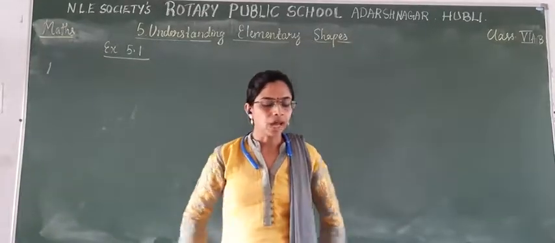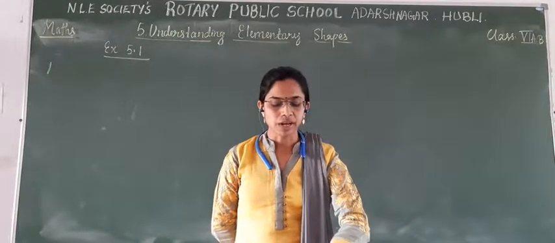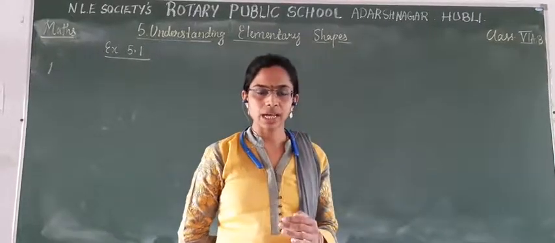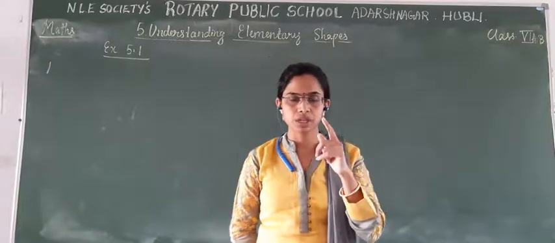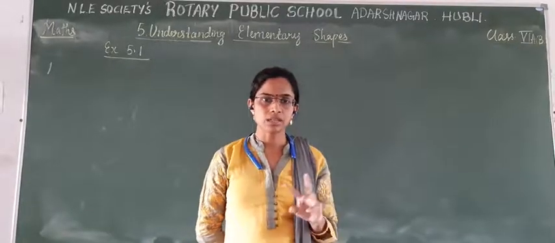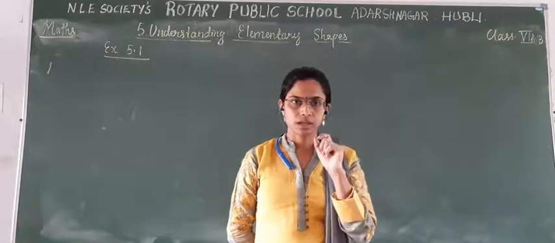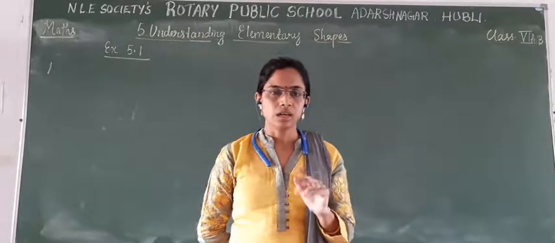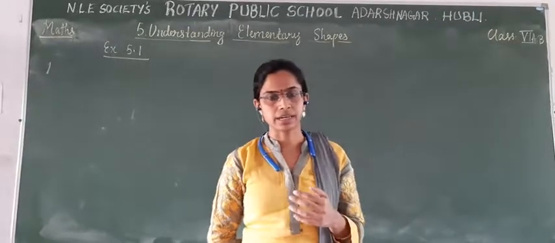Next question. Why is it better to use a divider than a ruler while measuring the length of a line segment? Just now I said that when you use a scale, maybe by mistake you read a different millimeter line. So that time the answer will be different. One more thing is the thickness of the scale, the glass which you are using for measuring the line segment. That may not be clear and you may not get a correct answer.